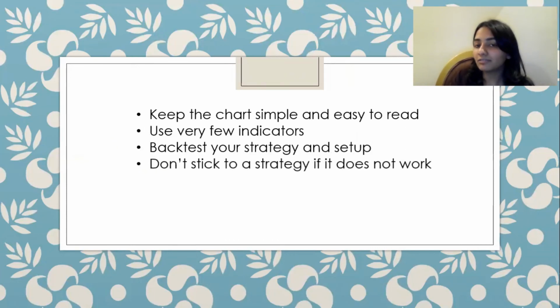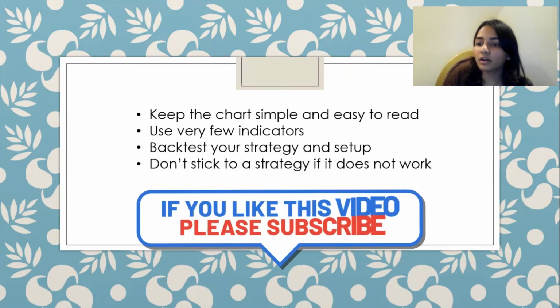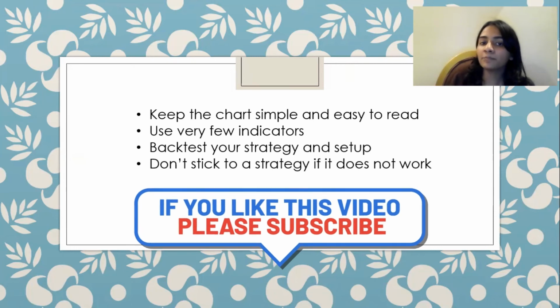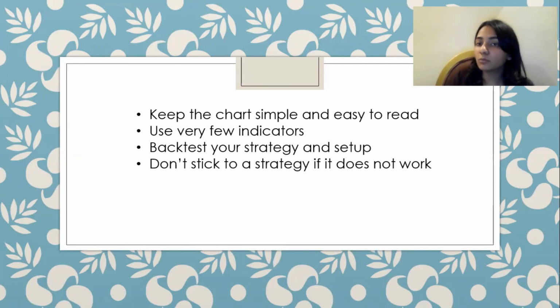Don't stick to a strategy if it does not work. If Bollinger Band or moving average is not working well for you, then you can change your strategy. You can look into 2-3 more strategies if so. Try before you buy. Always paper trade before you are using a strategy. Let's suppose that you're using a Bollinger Band, then you should take 2-3 trades just as a paper trade, and then you can apply it in real.